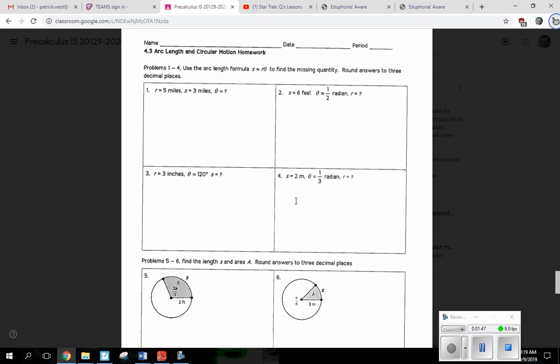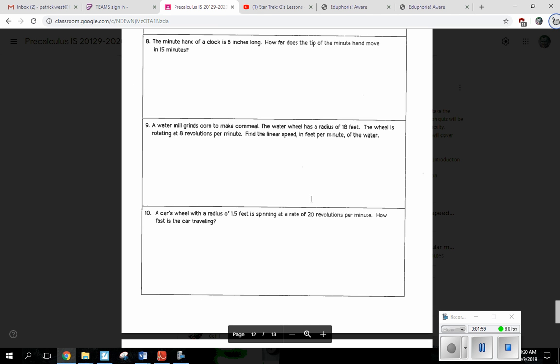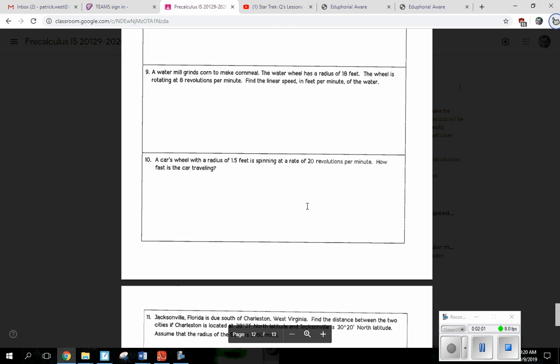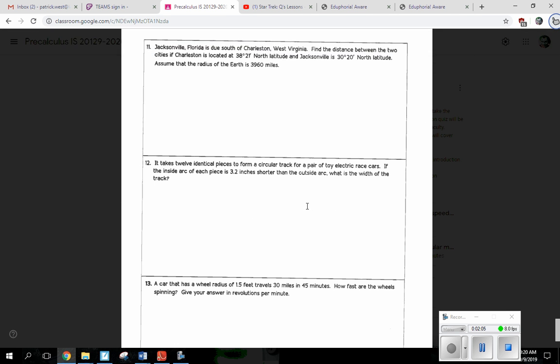But I really want to encourage you, don't just ignore this. Okay, this is due tomorrow. Now, it's going to be due at the end of class tomorrow, because what I'd like to do is spend some time looking at some of these word problems together. I want to make sure you feel comfortable with these. Okay. Number 12, I would say, is the most difficult on the assignment. So if you're looking for a little more of a challenge, that one's a good one to look at. Okay. So any questions on that?